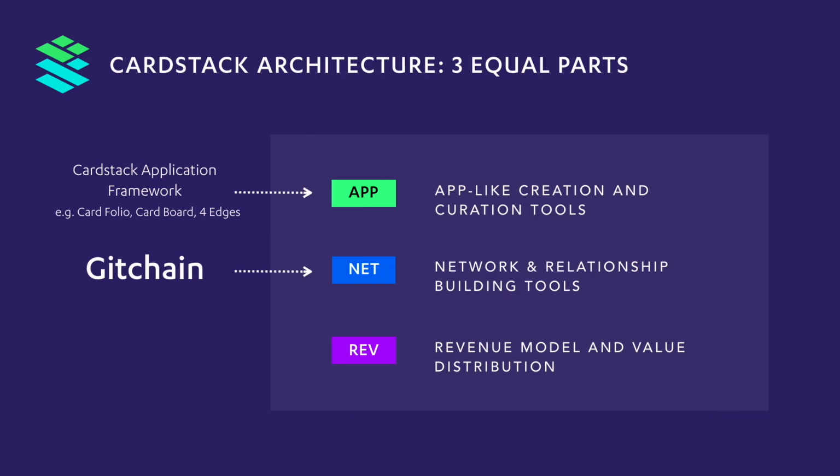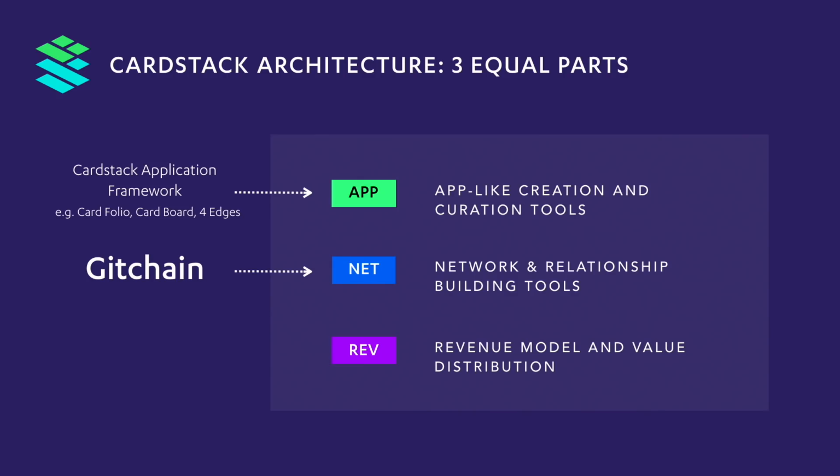And the only way we know that the building technique using the card-based approach works is to build test applications on top of that. We built one in the decentralized finance cryptocurrency space called Cardfolio. We built the data application that we've done for the music companies, Cardboard, which is a community content management system, and 4Edges, which is a more generic card browser. So you can look at the cards, you can queue cards to be sent to other people in a more generic use case that any app can tap into. Those are the things that give us confidence that our app framework is working. And the more we build these kinds of apps, it helps us validate the framework.